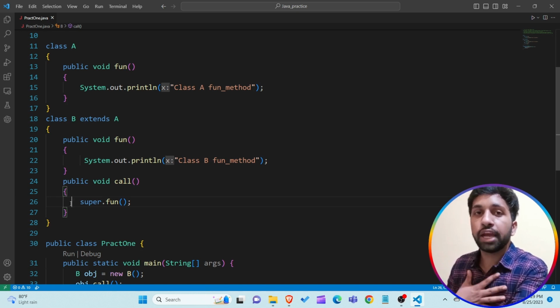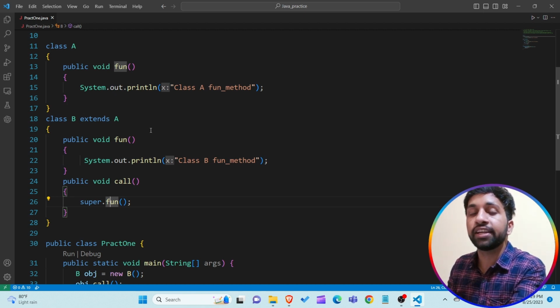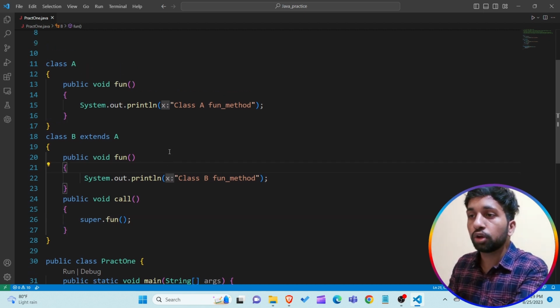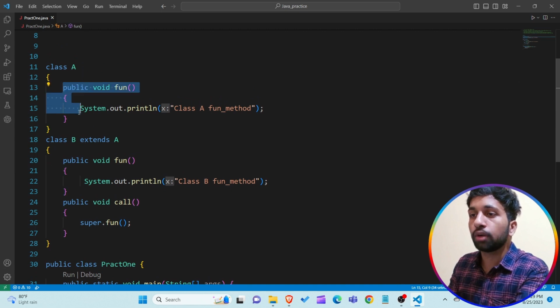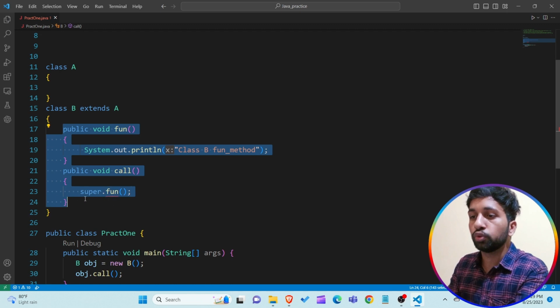You have to call the parent's version of that particular method. For that, we have to use the super keyword from the child class method. So by using the super keyword, we are able to call the parent's version of a method. So this is an example of method overriding in terms of the super keyword. Now I'm talking about the second use of the super keyword, which is in terms of attributes,